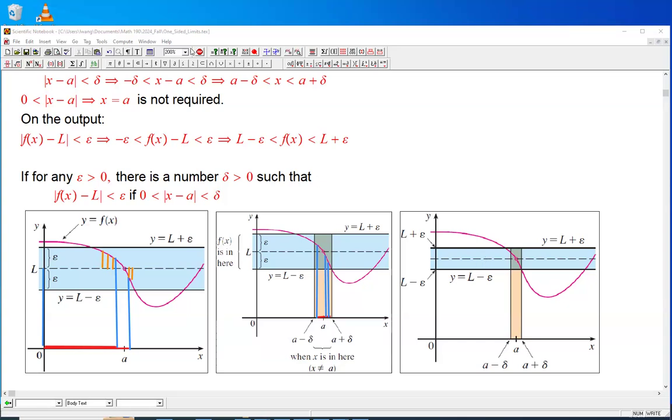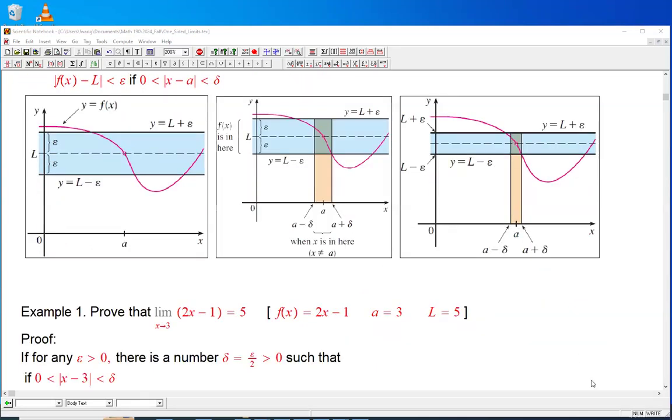Okay, so we're going to illustrate this with an example. If this can be satisfied, then we say the function has a limit L as x approaches A. So that's the language. Now, for example,